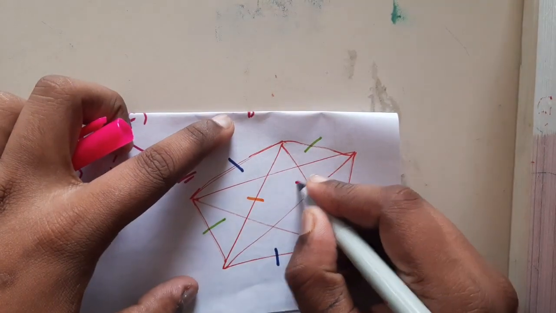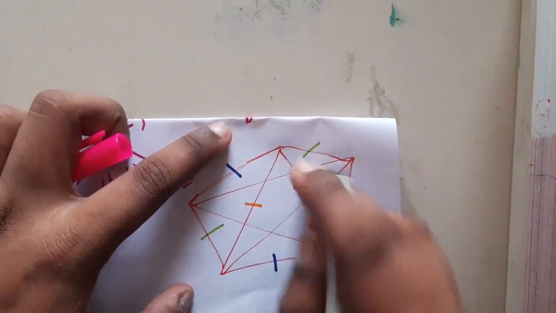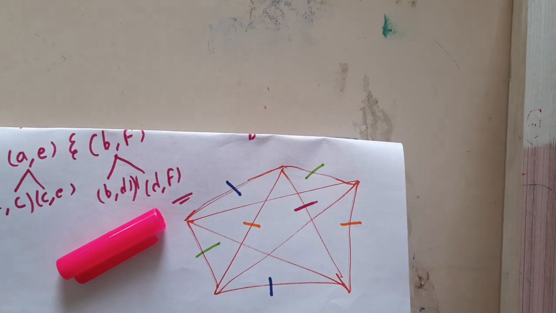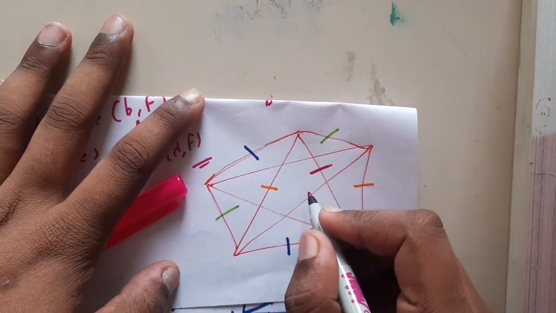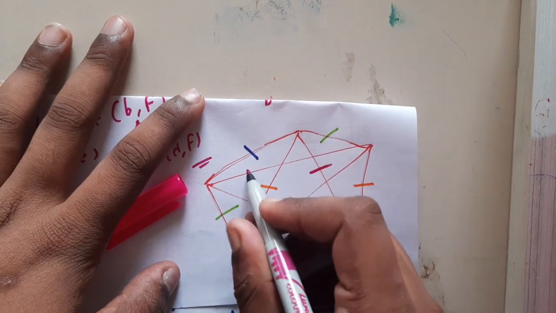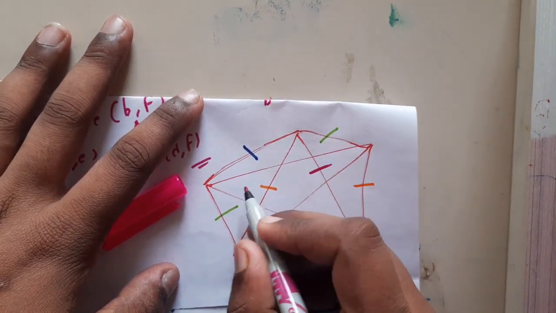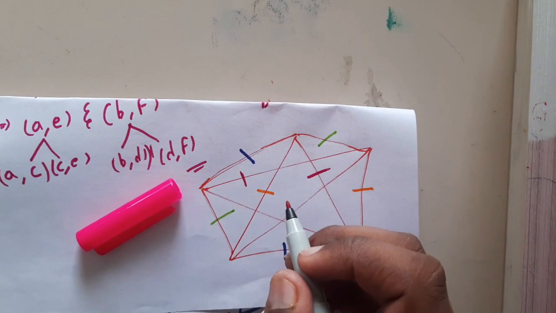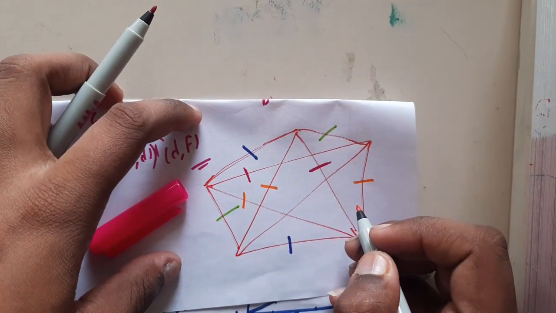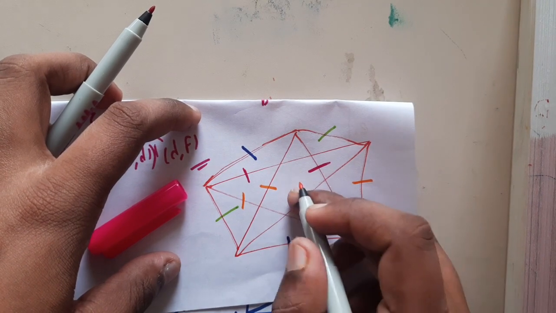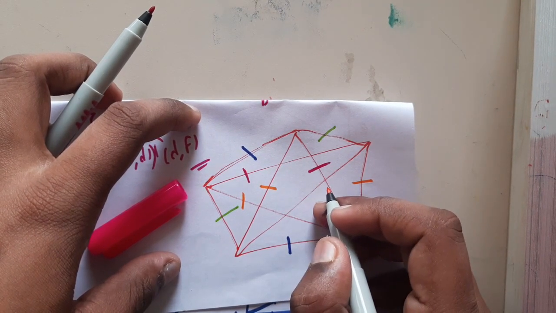Here this will be a different color because the degree is 4. Obviously we need 4 different colors, guys, so that's mandatory for us. So what color can be here? It can be pink, right? Yes, it can be pink, and here it can be orange. Now we are left with this. So here it can be blue.